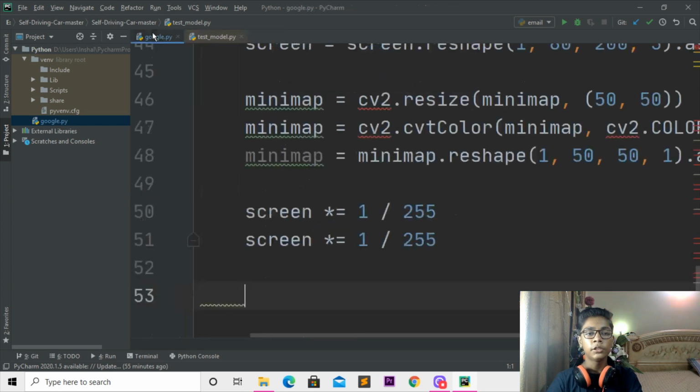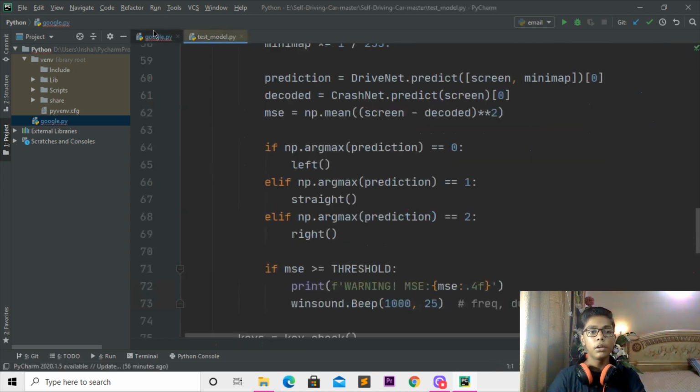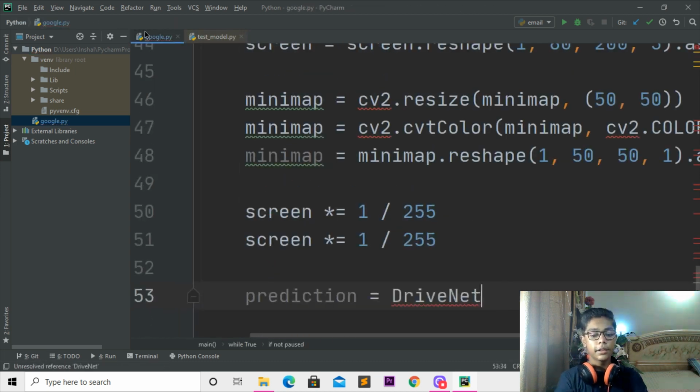written prediction. So here I'll be writing that, and when you've done that, now I'll be doing one thing, like here I'll be writing equal to. Then I'll be changing that to like drive net. So here I'll be writing that, and here I'll be writing equal to. And when you've done with that, there it is written dot predict, and here I'll be now writing this bracket. And when you've done with that, here I'll be now writing this screen comma, and when you've done